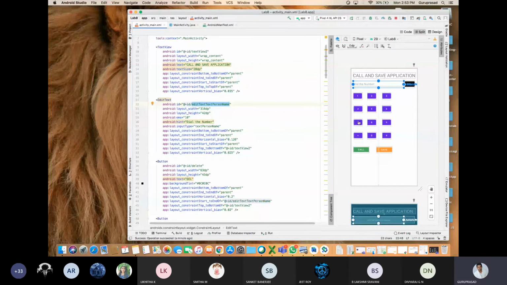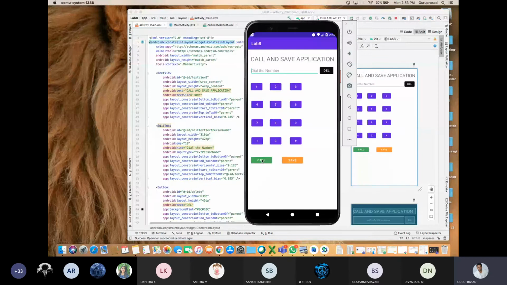Did you get my point? See, call button, something should happen. Okay, I'm pressing this call button, and I'm creating one method that is happening. Save button, one function. Save button, save function. But here, if I press 1, it should be redirected to edit text only. If I press 2, it should be redirected to edit text only. So 1, 2, 3, 4, 5, 6, 7, 8, 9 plus 0, hash, delete is with respect to delete or add the number in the dialer. Are you getting my point?